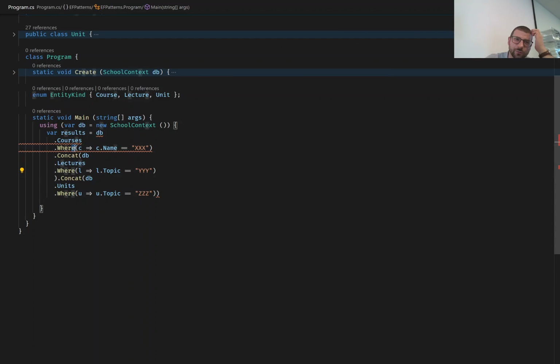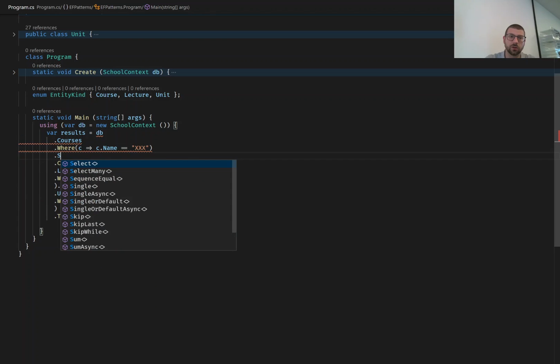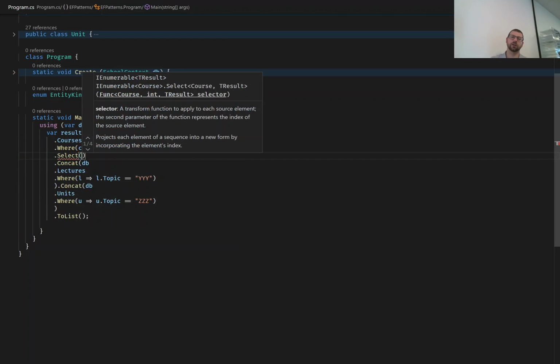So we have courses on one side, lectures on the other side. So what do we do with this? How can we fix this? We need to make sure that all of these queries end up having the same result. But you might be wondering, how can we give all these queries the same result? Because one is courses, one is lectures, one is units. Now, what we can do is